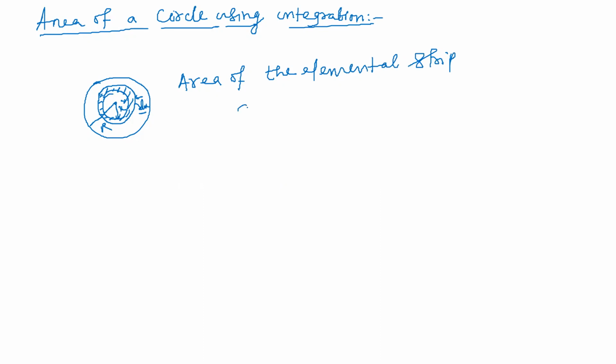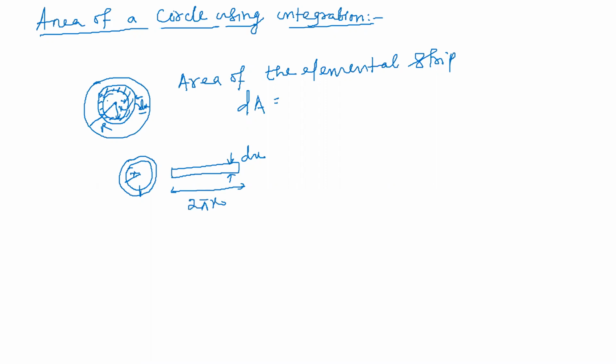That is dA is equal to how much, students? We have to find. Let's see. This part I will cut and I will open it. Students, see. When I cut it, it will be like this. I cut it fully and unfolded it. When I unfolded it, what is its width, students? dx, no doubt width is dx. And this total length, the length of the curve, how much will it be? That is the perimeter of this small circle. And what is the radius of this circle? x. So this length will be how much, students? 2 pi x. Length of the strip is 2 pi x.